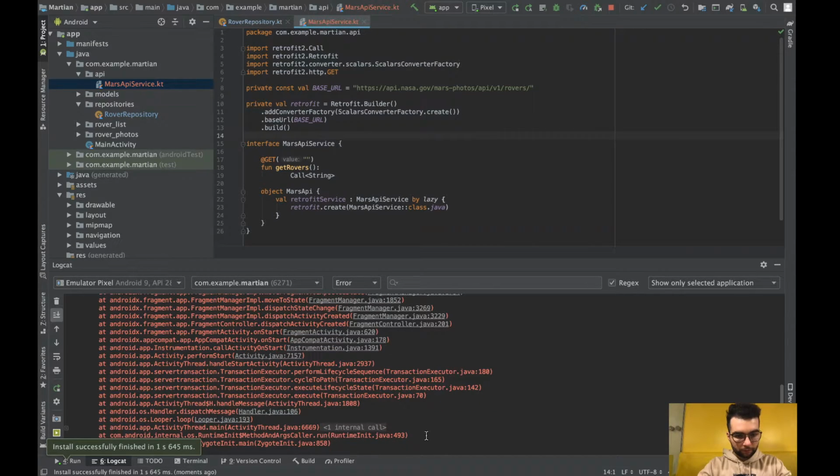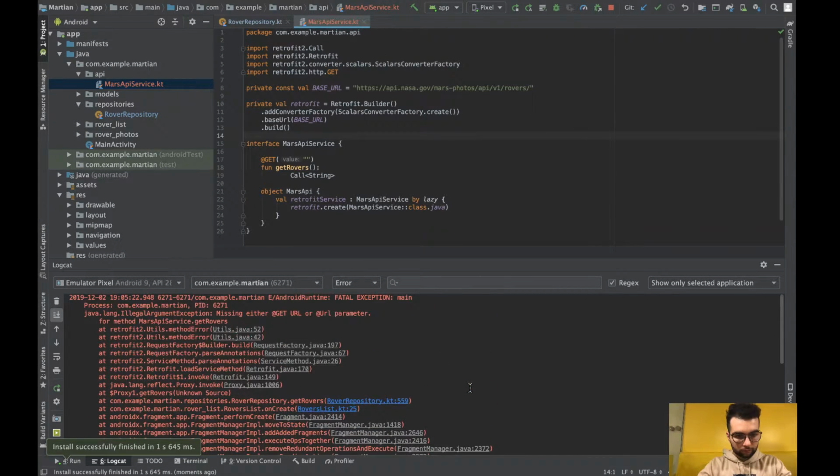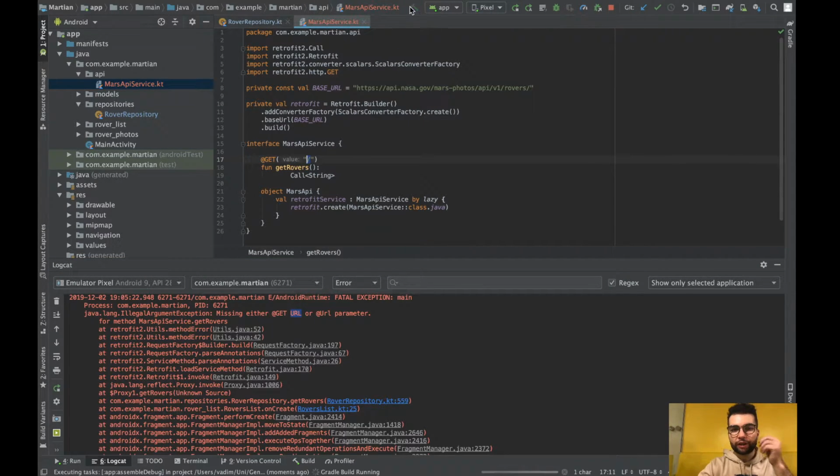Now what? Missing. Yeah, probably it says that missing URL into the get. So probably we'll have to say that we will get from this URL. We don't need to append anything to it. Or actually, it's better not to have rovers here, and let's just add them here, because this is the actual base URL. So if we add here rovers,